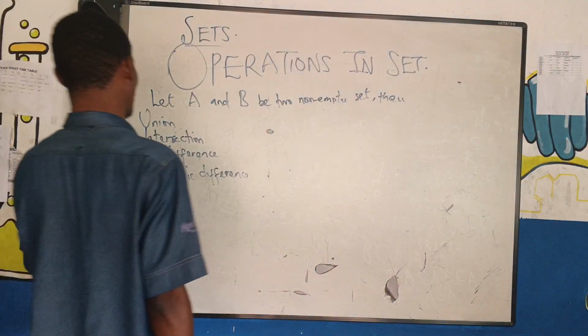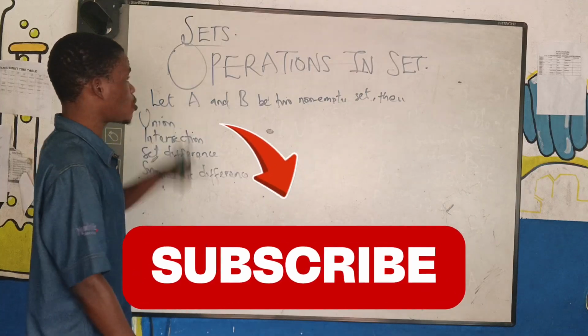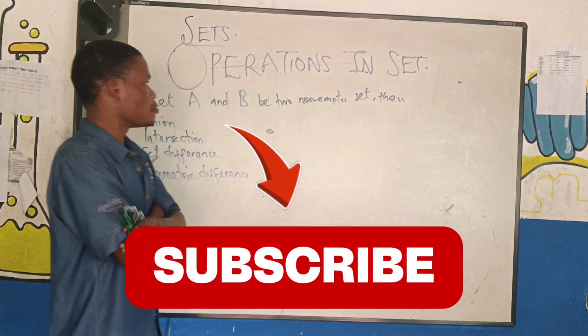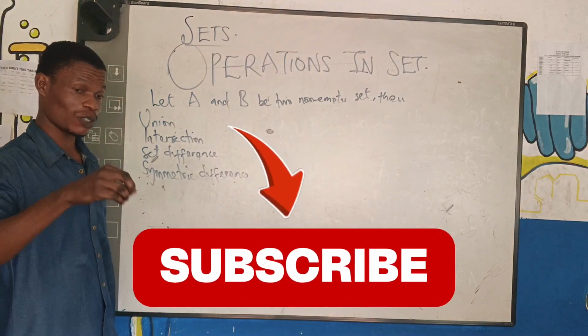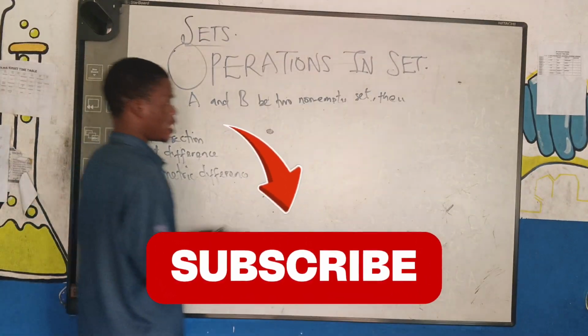Now let's come back to here. We say let operations in set. Let A and B be two non-empty sets. That is, there are elements to which you can base an argument on. Now, then